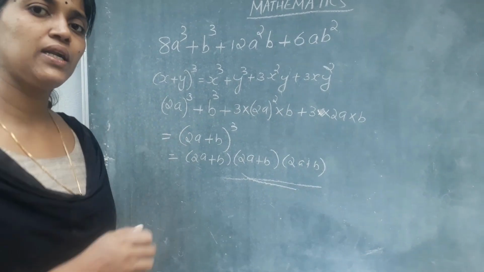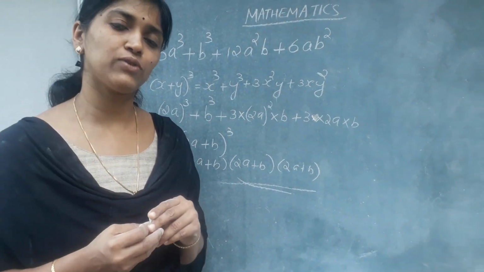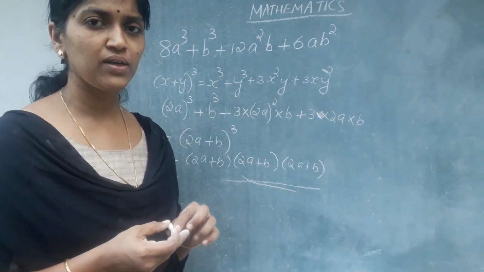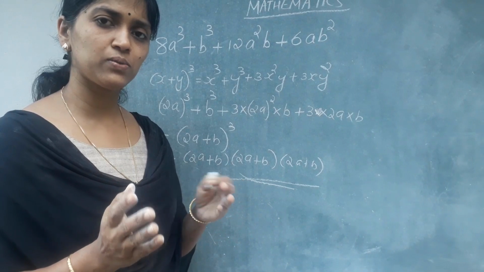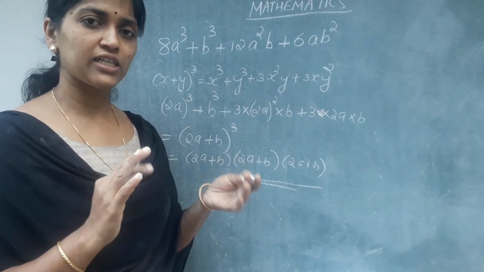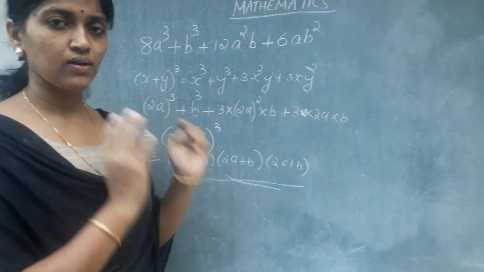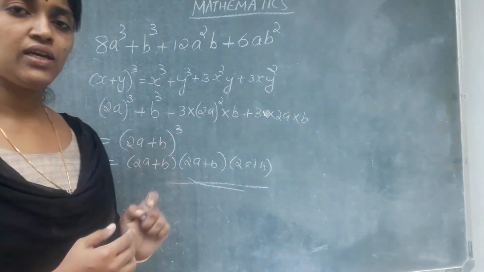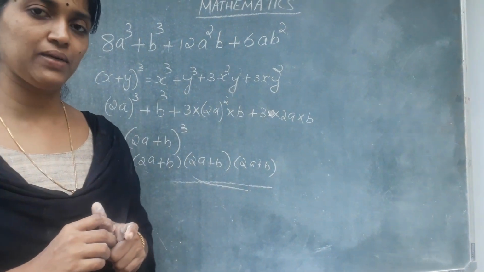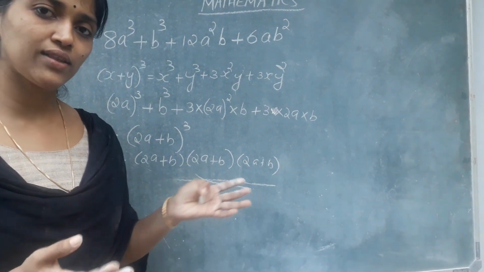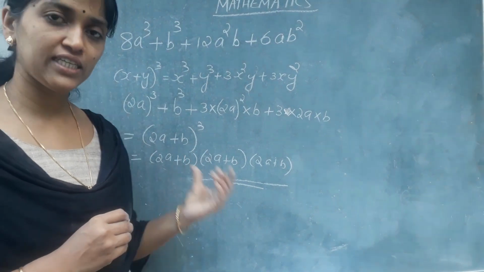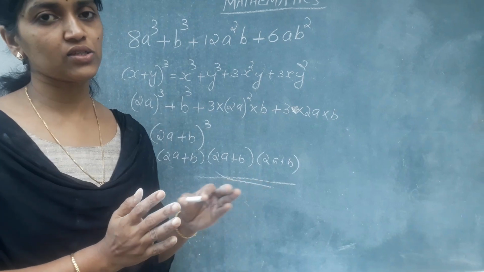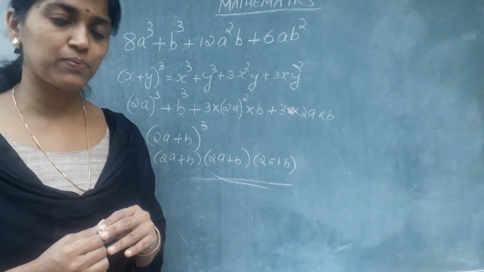And study properly. We have all the identities for the exam. Here, this doesn't mean that this same question will be asked in the exam, just to make you understand the difference between the two polynomials, that is, the expressions we have studied. One is a cubic polynomial, and we have studied how to find its factorized form. Here is another expression, which is a cubic polynomial again. There we are using the identity and finding its factorized form. So we have discussed almost all the sections of this chapter, and study properly for the exam.